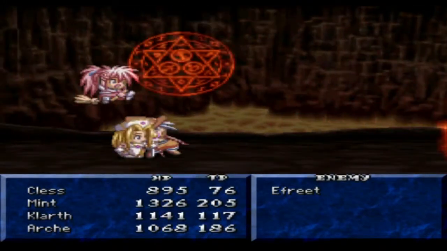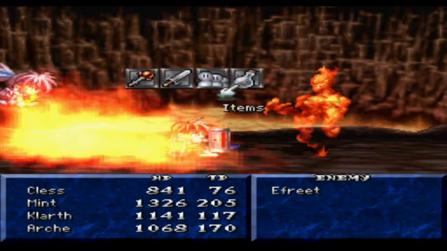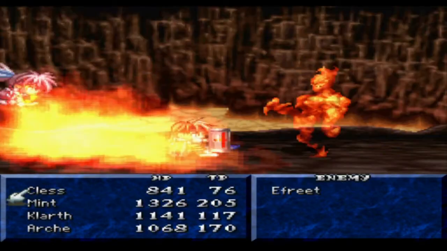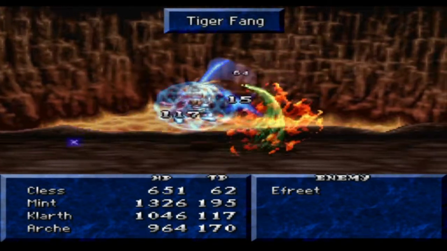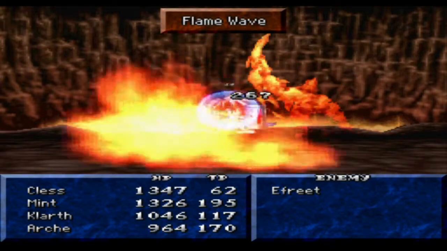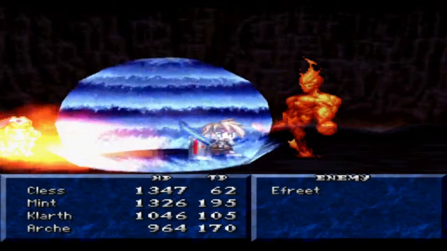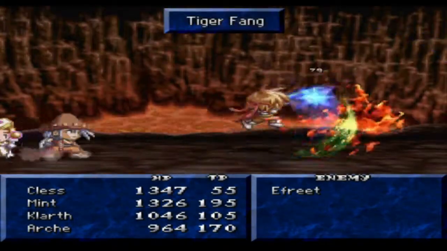Yeah, he's using Flame Wave, which can be really nasty. I want to make sure Mint is keeping Kless healed up. There we go. Sadly, Kless cannot equip those princess shawls. Alright, good. Keep him on his toes. Keep hitting him. He does not have a ton of HP, so...